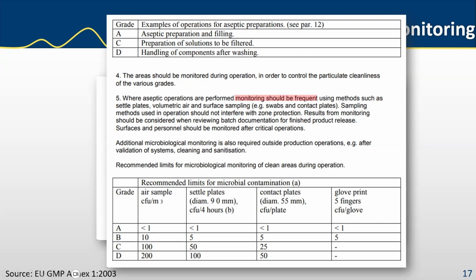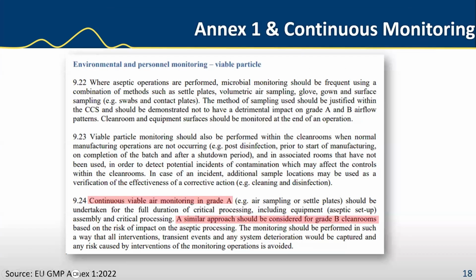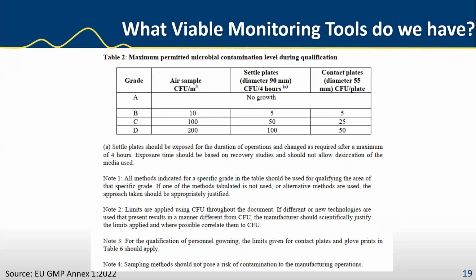So the new standard, EU GMP section 9.24, talks about continuous viable particle monitoring in grade A, and a similar approach considered for grade B. So they're pushing us in this direction of continuous microbial monitoring, and it's up to us to react and try and work out the best